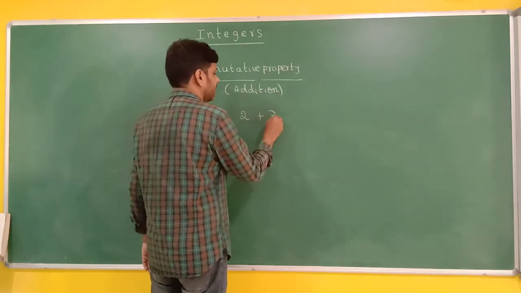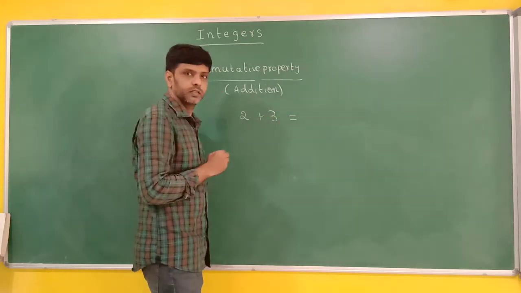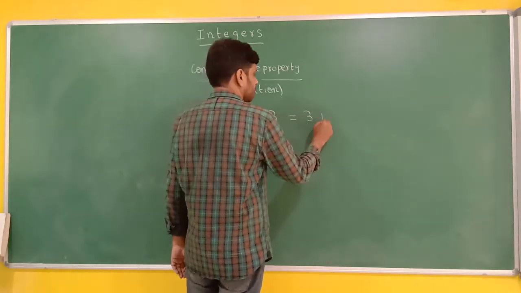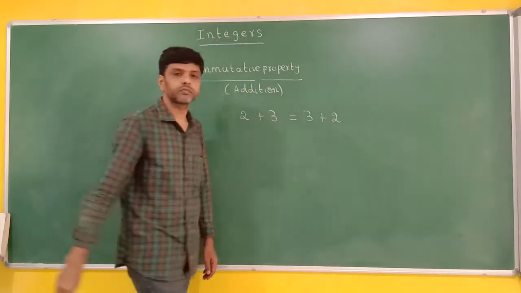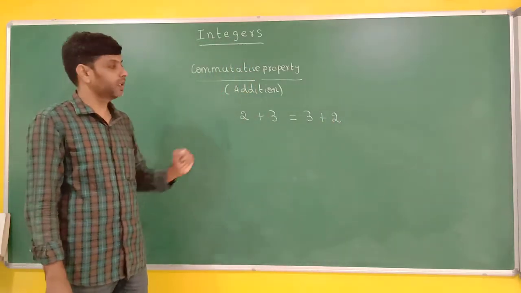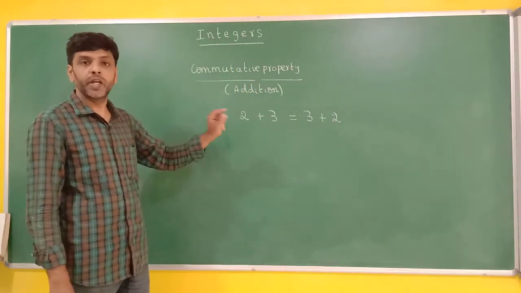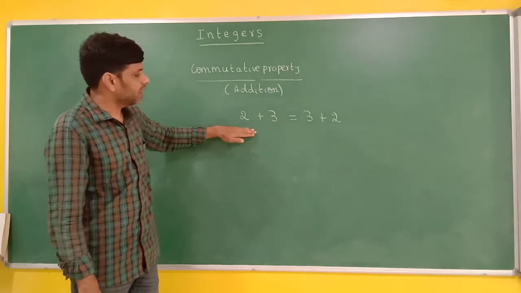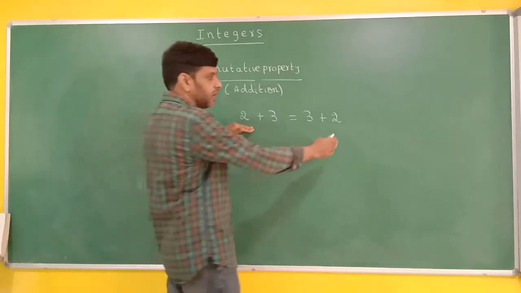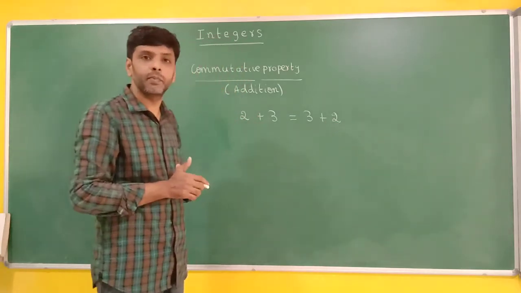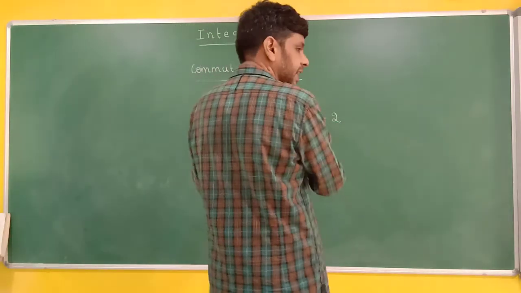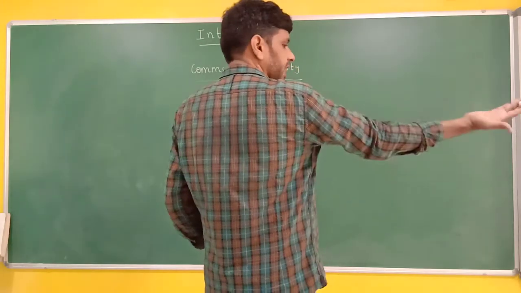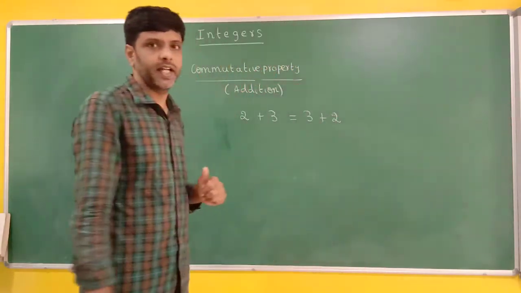2 plus 3. 3 plus 2. What did I do? Observe carefully. I am going to explain what I have done. Here, this is called left hand side and this is called right hand side. Why do we call it like that? Because if I stand exactly near the equal sign, this is my right side and this is my left side.